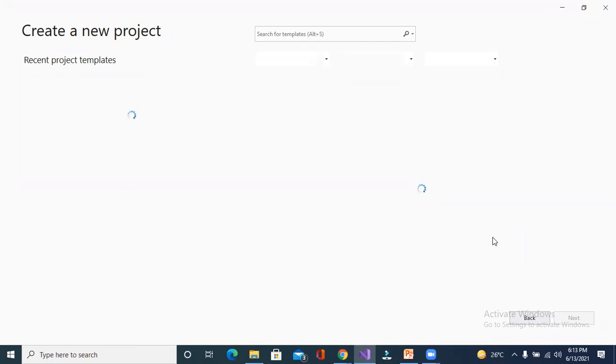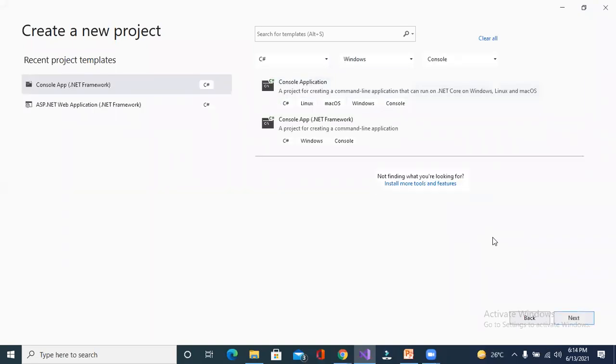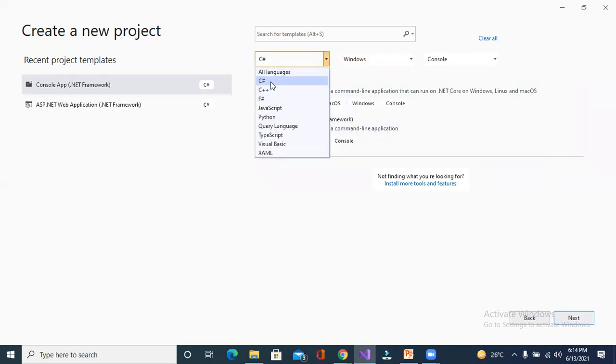In the last class, I discussed which programming language we are using on the .NET framework, and how many types of programming language we can use on the .NET framework. Basically, we are using C# as a programming language, right? As you can see here, there are 3 drop downs. One is programming language, you have to select any of them. Second one is the type of target platform on which you want to create your application. I am using Windows operating system, that's why I have selected Windows, right? C# is the programming language. We are going to learn C# as a programming language, that's why I have selected C#.